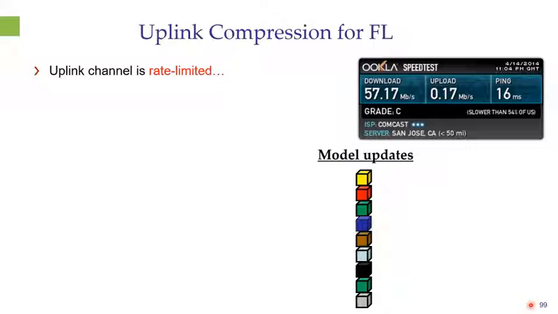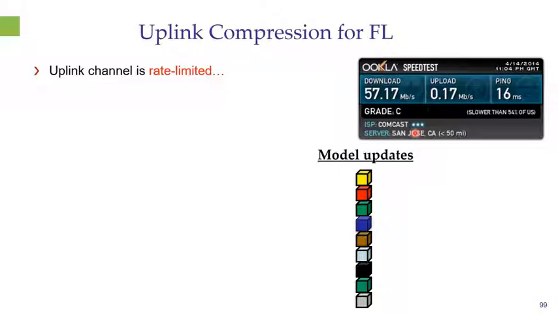Hey, this is Neil again, and I will discuss another relevant challenge of federated learning, which can be naturally tackled using communication tools. This challenge stems from the fact that in wireless communications, and particularly in cellular communications, the upload link is typically notably more limited in terms of throughput compared to its downlink counterpart. Consequently, if in federated learning the users are required to convey a large volume of model updates repeatedly to the server, they must compress it before doing that.